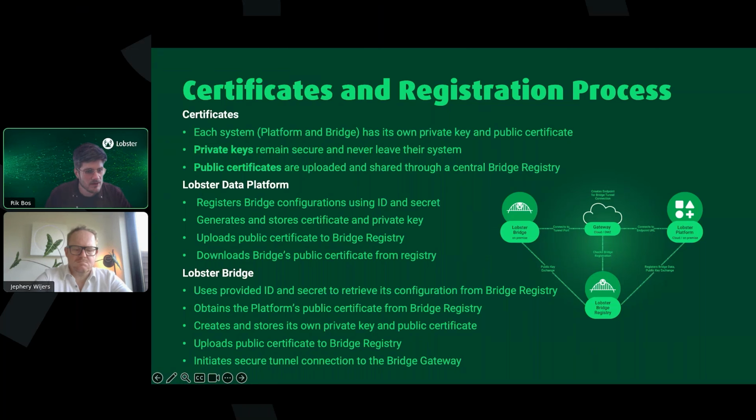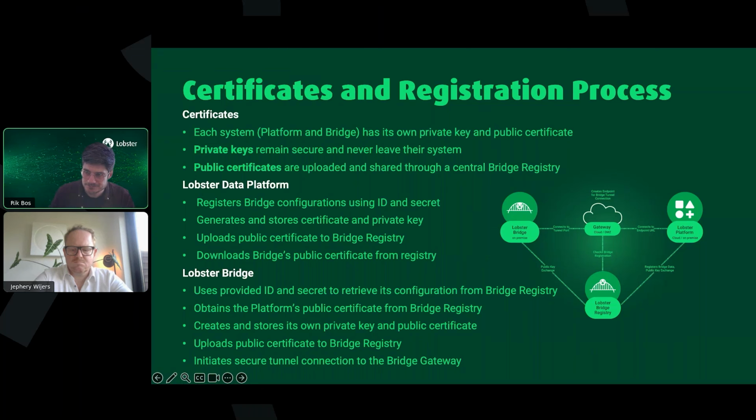It's the same with the bridge. It uses the ID that you as a user put in, retrieves everything it needs from the registry, creates its own private key and a public certificate, and uploads that to the registry, and from the platform you can fetch that. Once that is in place, it can set up a secure tunnel to the gateway, and then the platform can find it